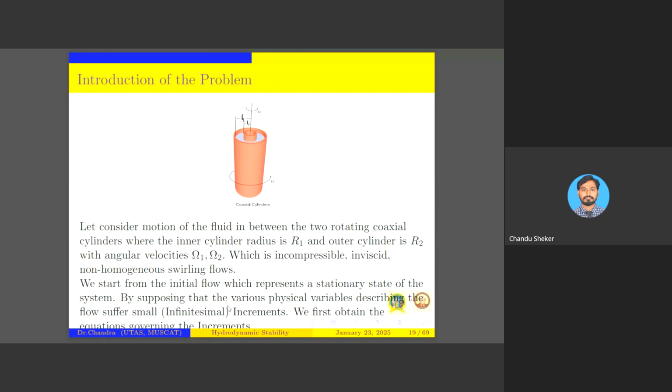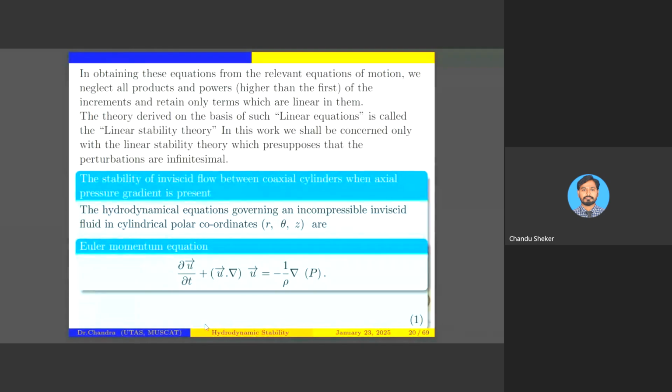Then there will be disturbance in the variables, which represents the flow also. Now what we do first is obtain the governing equations of the increments. Then we obtain these equations relevant to the equations of motion, and this is the very important point, that after obtaining the equations governing the increments, now we'll neglect